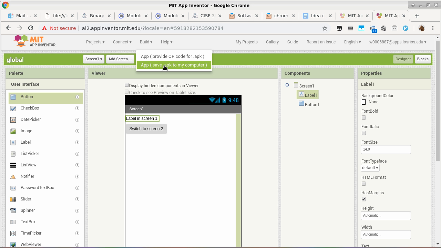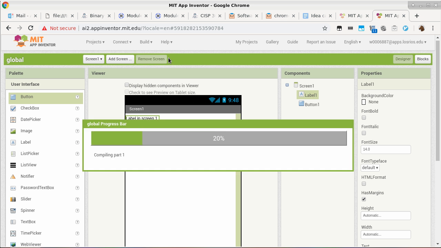If you have a multi-screen application, the only real way to debug your program is to use one of the two build methods. Now, because I have my phone that has a QR code scanner, I could just use the QR code as well. Well, let's give that a try. And I have to get my QR code scanner ready. And it's right here under tools.